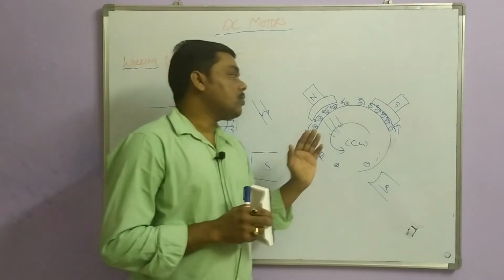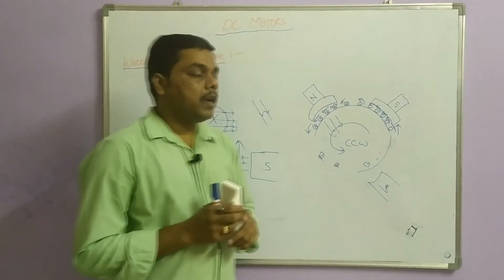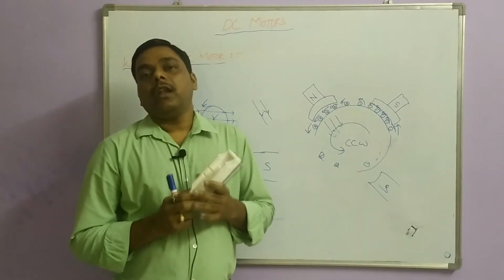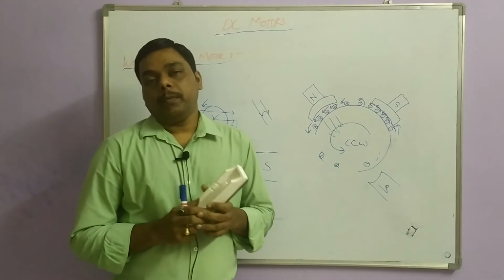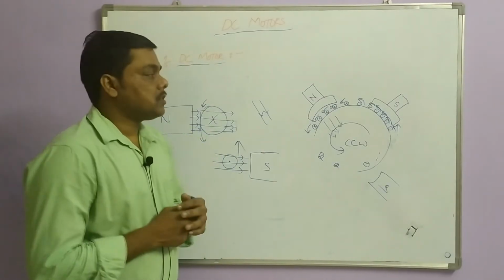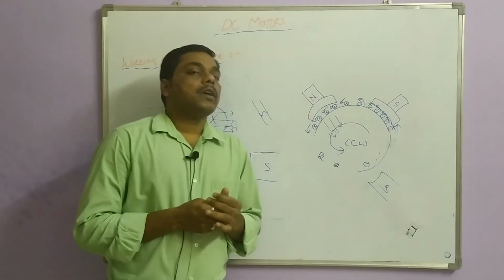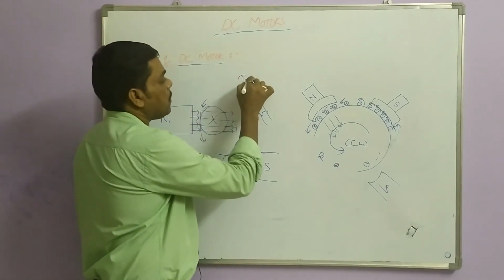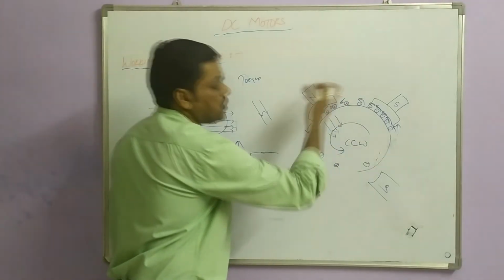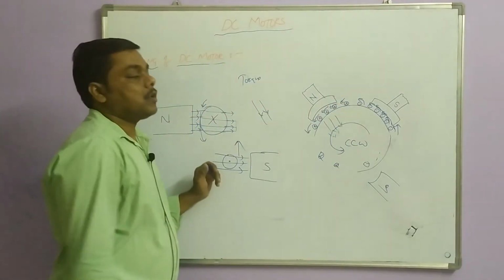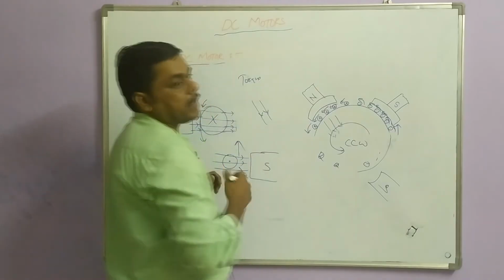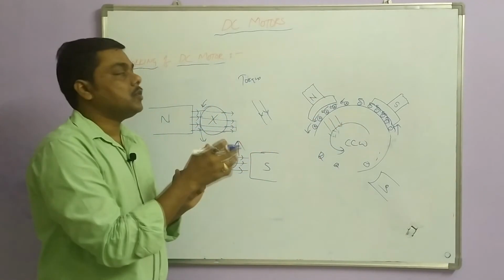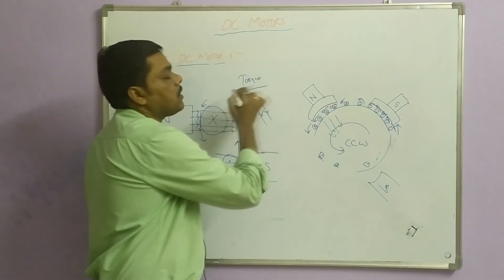Now this is the basic working of a DC machine, and the direction of force is always determined by Fleming's left hand rule. Similar to DC generators, this DC motor produces a unidirectional torque, which will rotate the DC motor in the counterclockwise direction. So each conductor's force collectively produces a resultant torque.